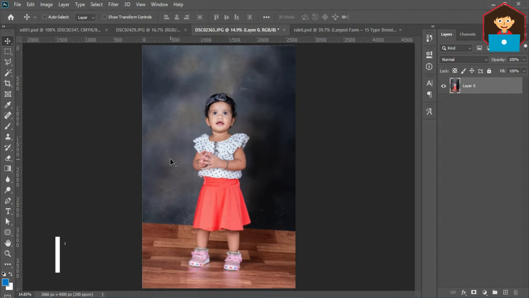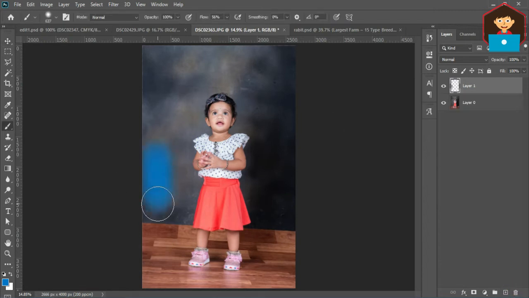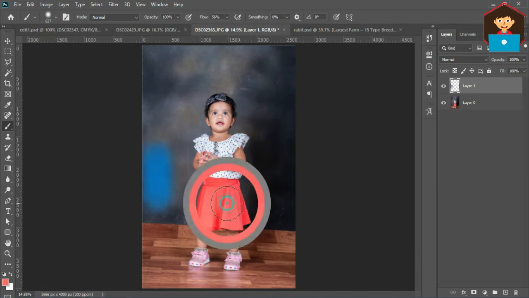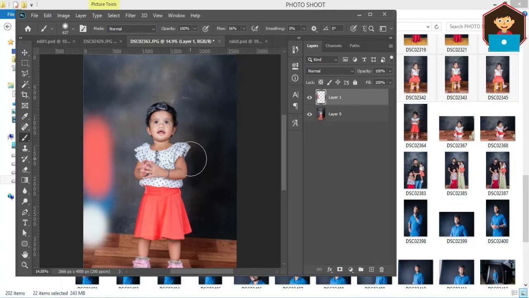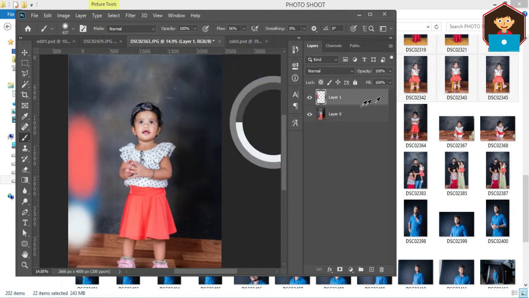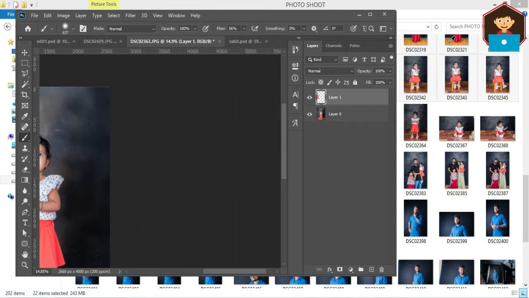Next one is eyedropper. How can we use it effectively? For example, I create a new layer. By the brush tool, I paint something. Now I want this color. Yes, you can hold the Alt key and pick the color. Beyond the document, if I want some colors, minimize your Photoshop. Now directly you can pick the color from outside of Photoshop, or a browser, wherever you want. So hold Alt key and just drag it and pick it.